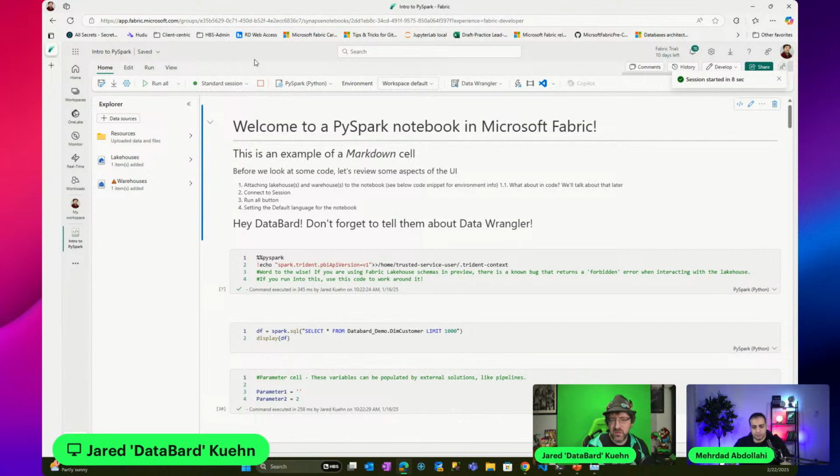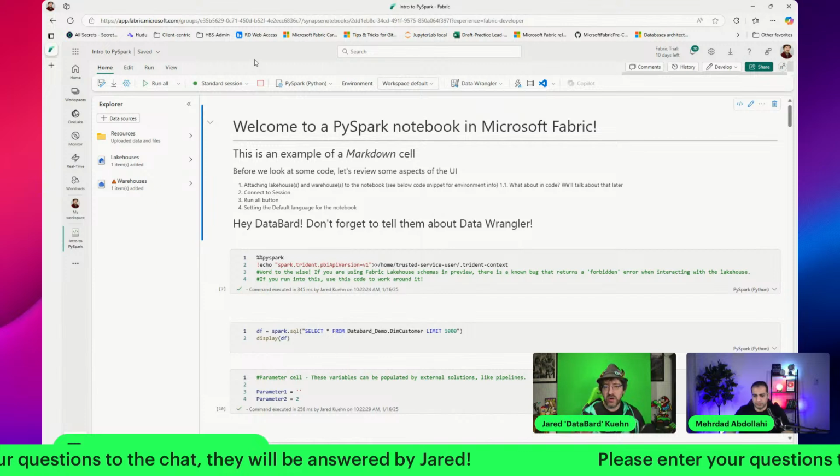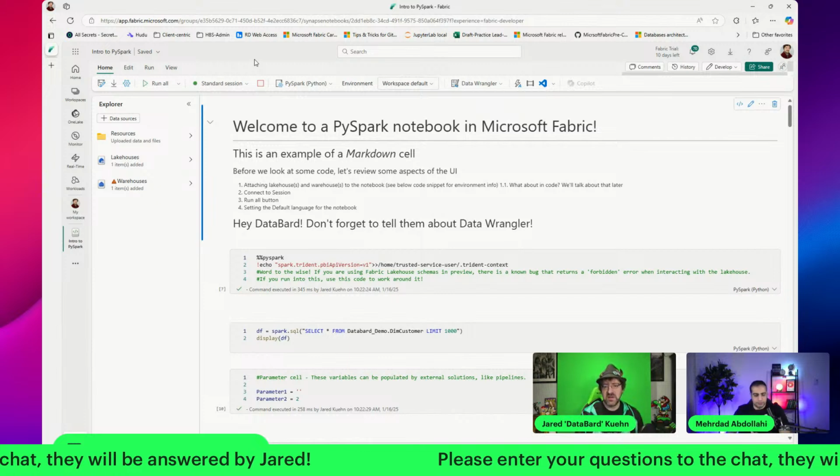Started in 8 seconds. Now, if you're somebody who's worked with Spark before, the fact that I got a session up and running in 8 seconds might be a bit of a shock. How is that possible? Because most times, if you're working with Spark environments, it takes minutes to get it up and running. Well, the key here is I'm using the default configuration, or what's called the starter pool, for this environment.